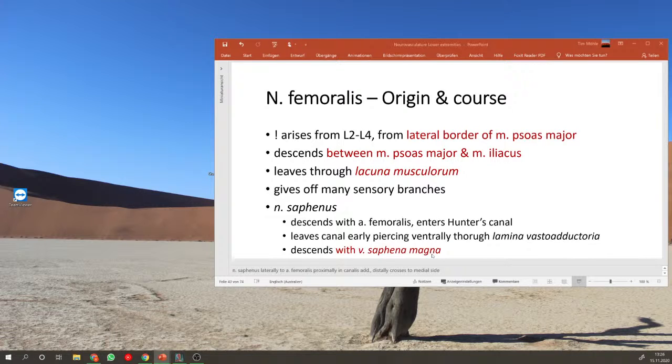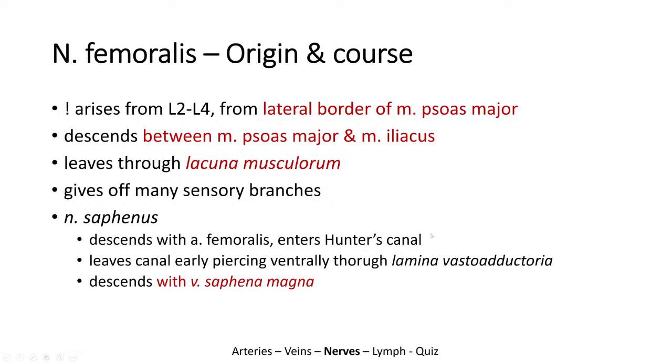Nervus saphenous is given off and will descend together with arteria femoralis and also enter canalis adductorius. But unlike the femoral artery, nervus saphenous will leave the canal early, by piercing through lamina vasoadductoria. So lamina vasoadductoria is the membrane that will form this Hunter's canal together with its three muscles, and it will